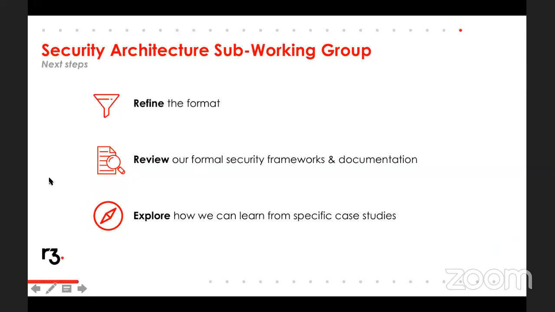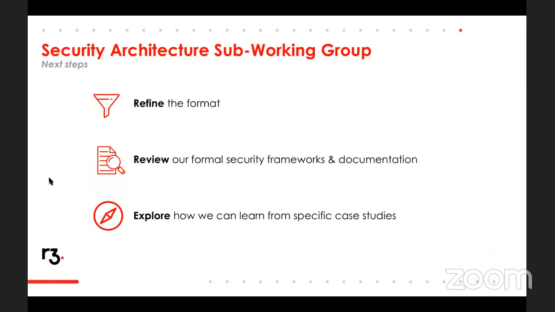What's going to happen next? Well, now that we've been doing this for some time, I think we're a good few months in, we have a fairly good sense of how our methodology is working out, what's working well and what could stand to be improved in terms of how we analyze security considerations. So we're going to be refining that a little bit, and the members will be in a position to see how that works.